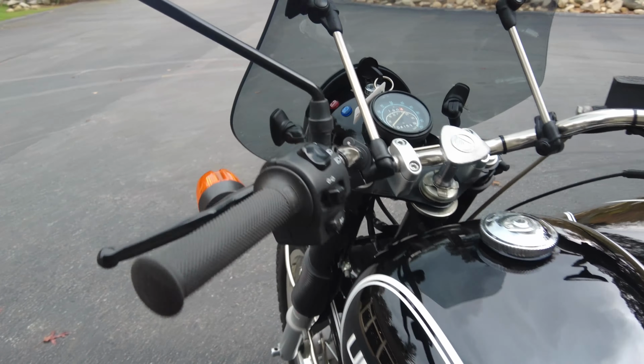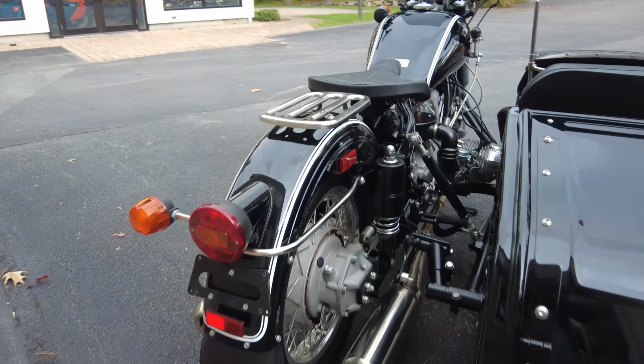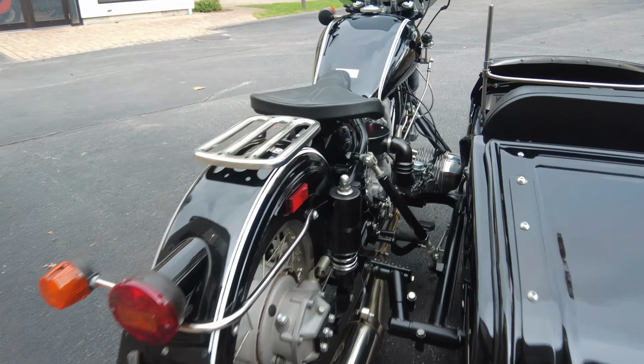An interesting fact, of course, this is a 750cc horizontally opposed twin, but a fun fact, the clutch, it's a dry clutch, so twin plate dry clutch like you'd find in a high performance vehicle or automotive application rather. So the Ural actually has its own engine oil and it has its own gearbox oil. It is separate and then with a dry clutch in between. So pretty cool setup there on these. And with that twin plate dry clutch, of course, you have all that clamping force still with a light clutch pull, which of course you need all that clamping force for that very torquey